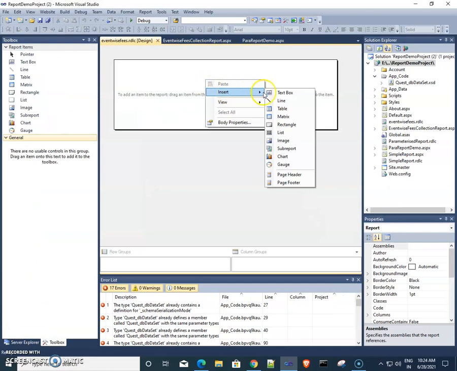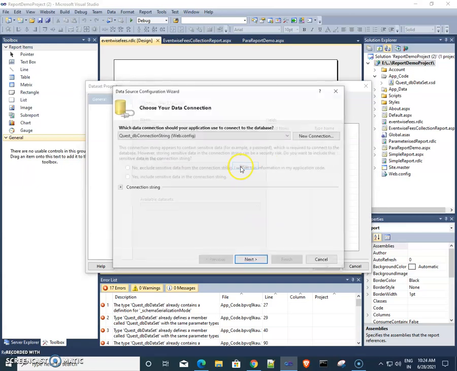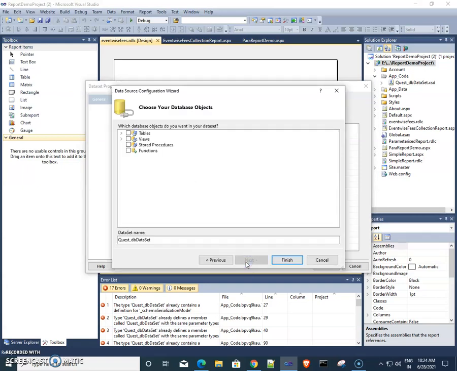Inside this I am creating one table, dataset 2, new dataset 2.